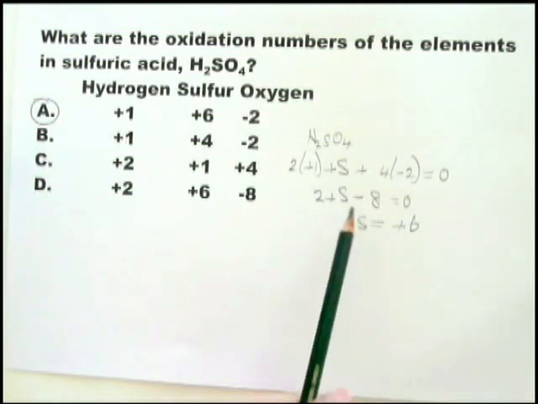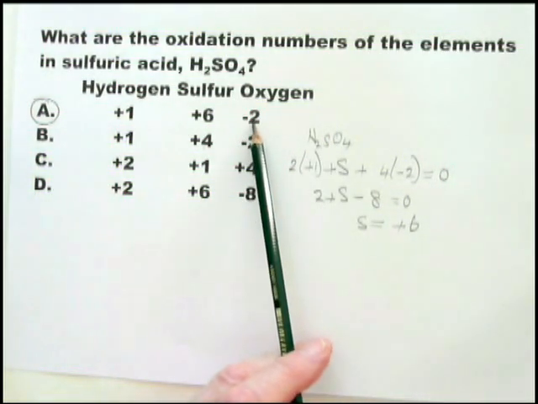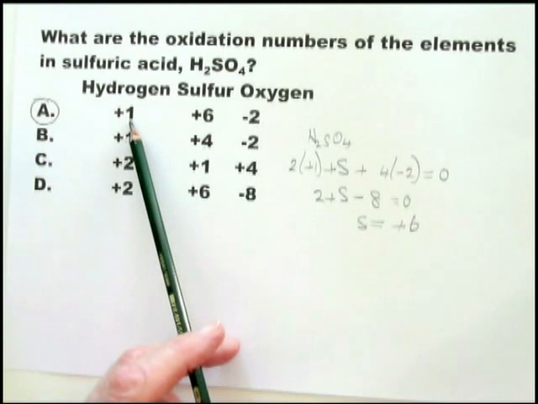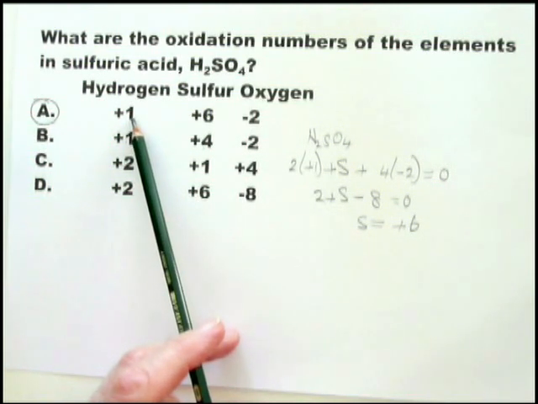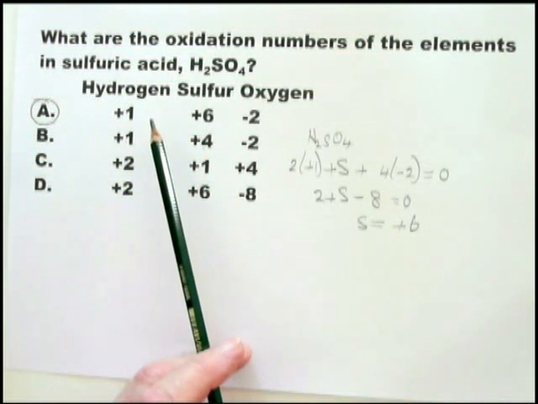Simply remember that oxygen always has an oxidation number of minus 2. Hydrogen always has an oxidation number of plus 1. And elements in their elemental state have an oxidation number of 0. And as I mentioned before, the chloride ion, the bromide ion, and the iodide ion,